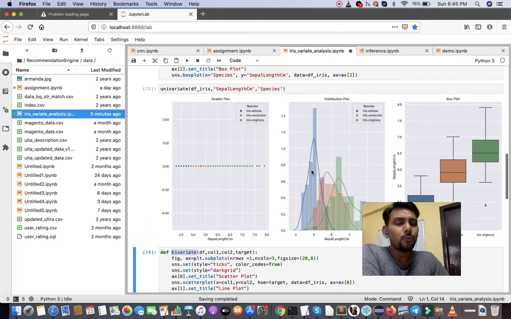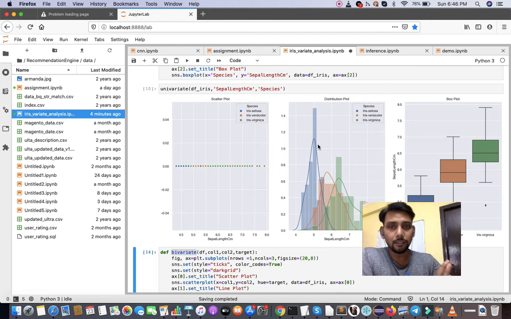So why am I using this kind of analysis? Guys, let me repeat the lecture of the previous video. Basically, in univariate analysis we are trying to do analysis on a single feature, and based on the single feature we are trying to predict the class level data.